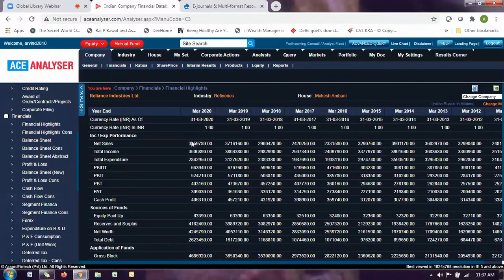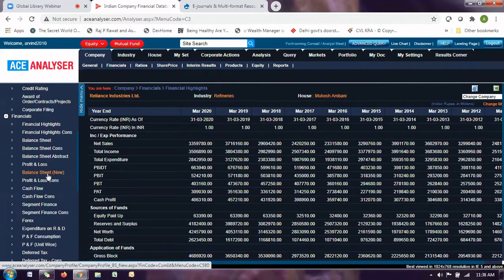Now this is in a standalone format. I can click on the consolidated financials here and I can get the consolidated. Similarly, if you notice here, we have the balance sheet here. We of course will remove the balance sheet because this is the old format. So you basically have to follow the balance sheet new, that is as per the revised Schedule 6.